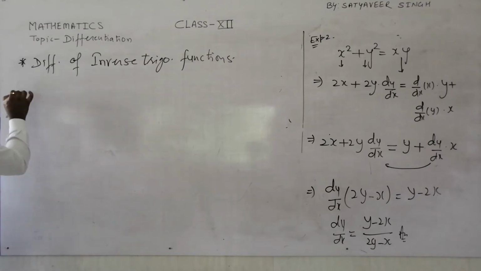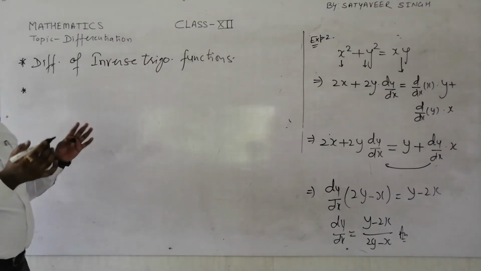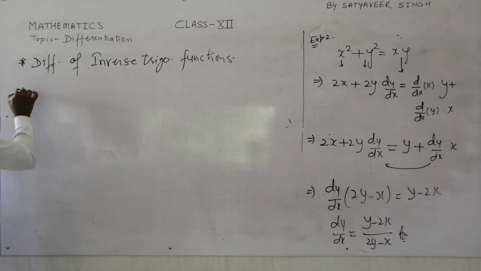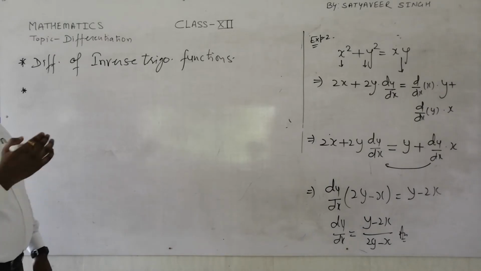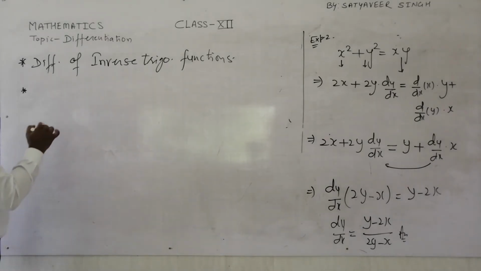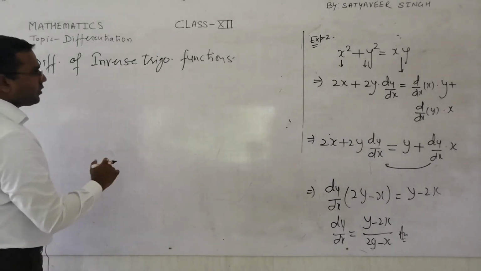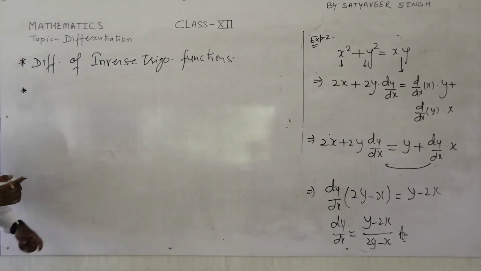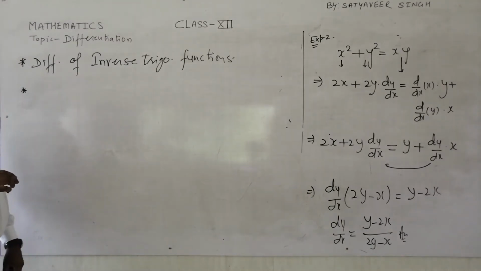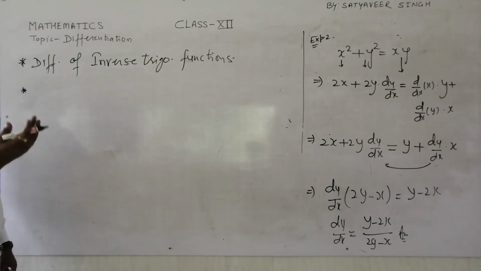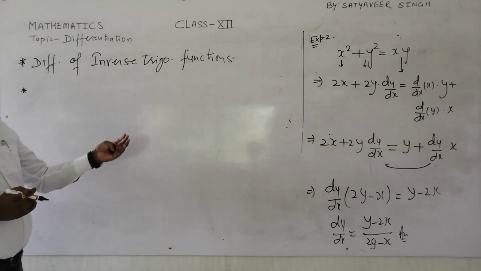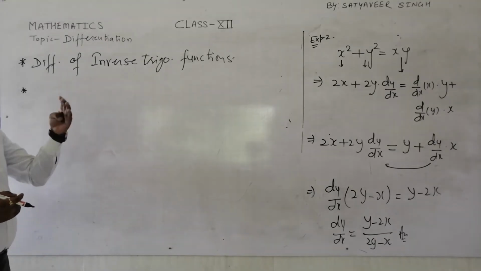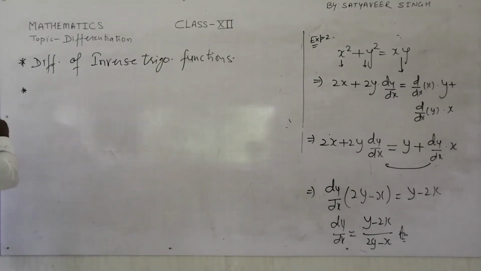You know the fact is that inverse trigonometric functions are one-one onto, because if it is not one-one onto we cannot find out the inverse of the functions. Means trigonometric functions are not one-one onto, but for inverse trigonometric functions we are bound to find the inverse, so that is why we have restricted them, so that they can be one-one onto and we can easily find the inverse of those functions.